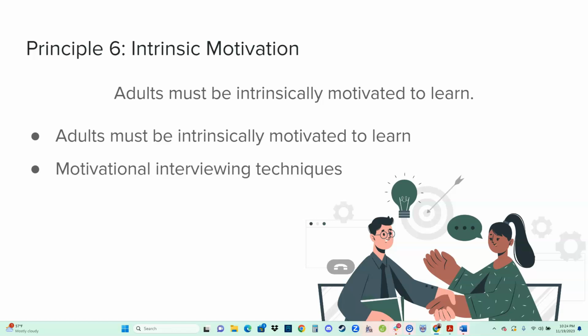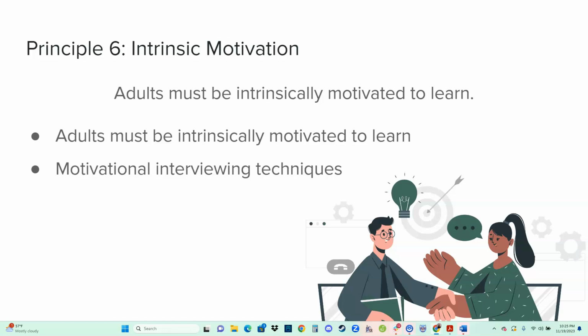And that, just them sharing that with you, or even if you don't have them answer you, even if you just have them think about it, that can be something that's really powerful. An example of a way that you can do this is just through journaling. And maybe you encourage them to do journaling activities where you are not seeing the journal. But you know that they're journaling because in the class, you're having them journal and they close their book when they're done and they take it with them. You are not looking at it. Okay. That's a way that you can key into some of that intrinsic motivation.